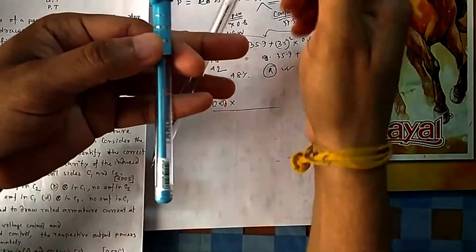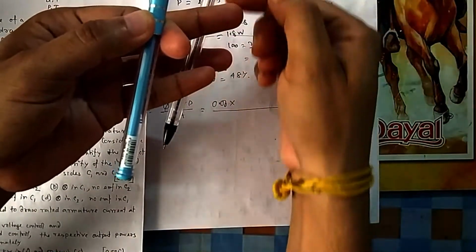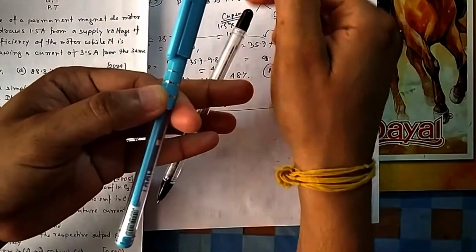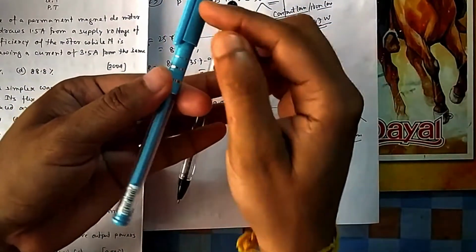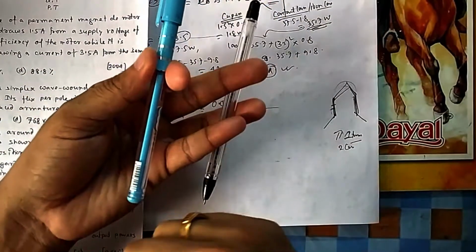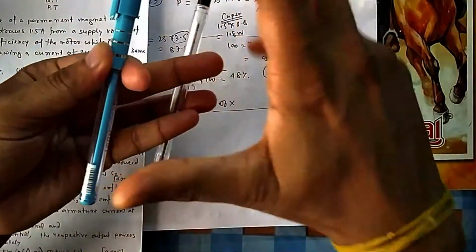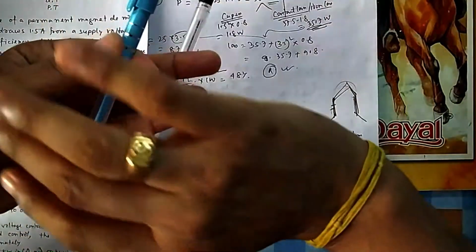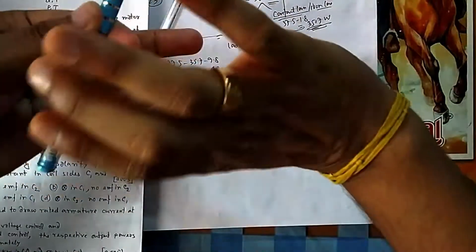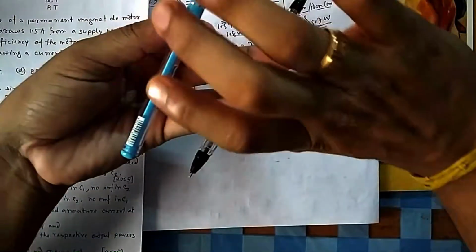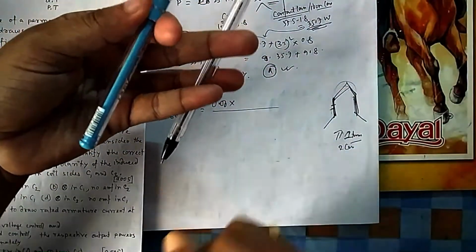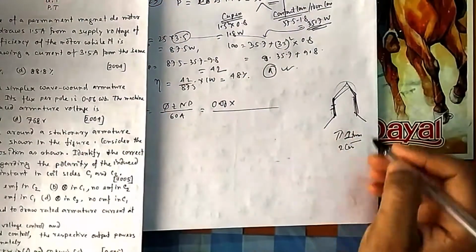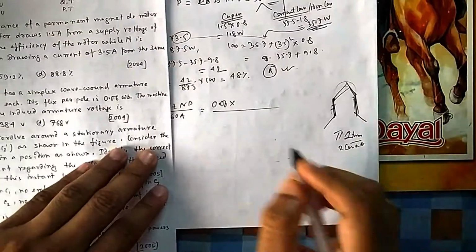So this is the turn they are taking. From here it is going and then it is coming. So this is one turn, and at the end, to join this one, these are jointing wires. So these are not actually conductors. So conductors are these two. If coil is going like this, suppose my cylinder is this, this is my armature. So I am sending one conductor, then it is coming. So this is one turn. So one turn means two conductors in a single turn.